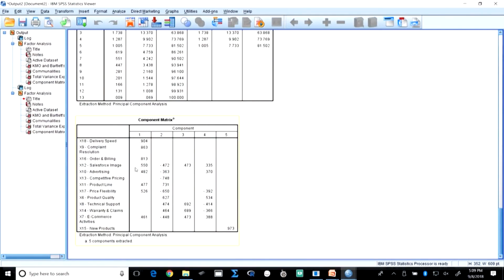Now, look at the component matrix. It looks a little cleaner than the earlier one, but still there is a problem. I see that most of the variables are loaded and there is a lot of cross loadings. Can you see? For example, Salesforce image is cross loaded on 4 factors, some of them are loaded onto 3 factors, some onto 2 factors. So, cross loading is a very dangerous thing, right. We should try to avoid cross loadings, and if cross loadings do not go, then that variable may be an item for deletion, okay.